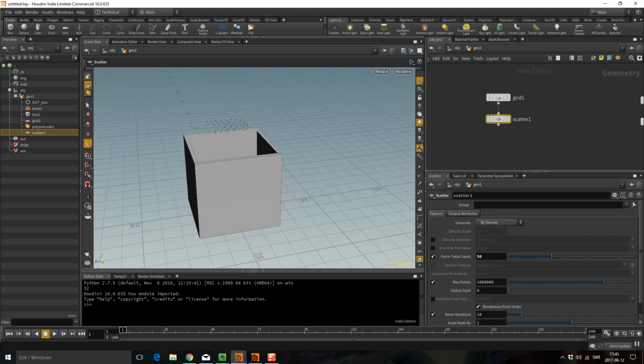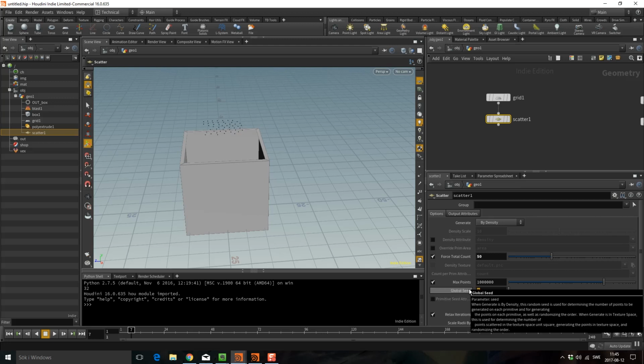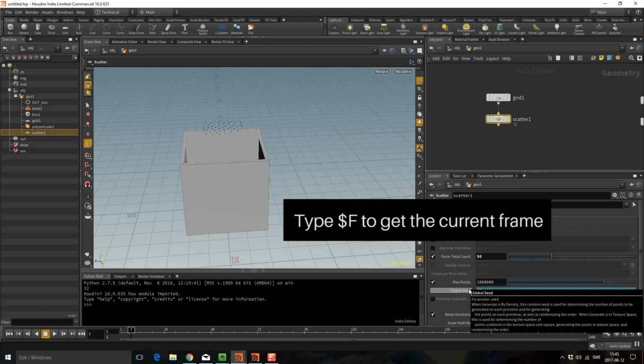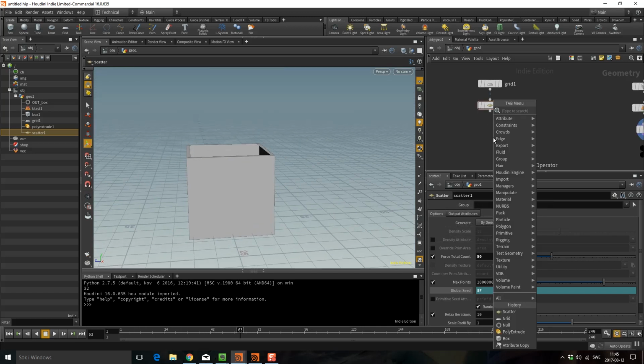And right now nothing is happening if I drag the time slider. But we could make a change if we move these global seeds. So let's just drive this by the current frame. So now they are moving. I'm going to put this to real time. So let's continue, and I'm going to drop down a copy to points,